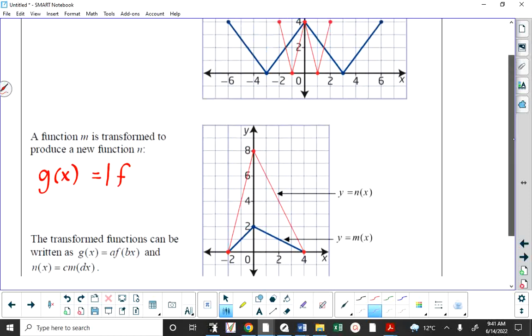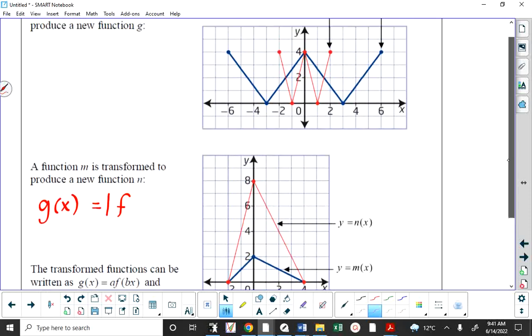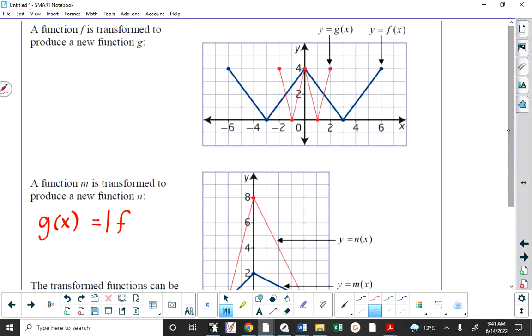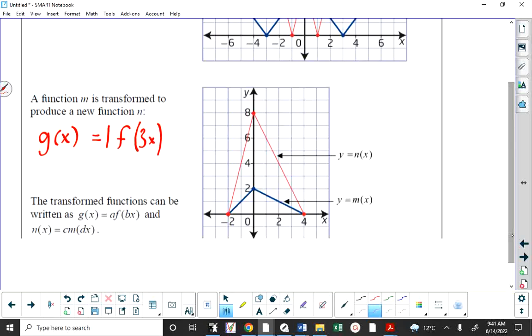When you take a look at the width of g of x, is it the same as the width of f of x? No. So how has f of x been stretched? By 1/3. It's only 1/3 as narrow. So if it's a horizontal stretch by a factor of 1/3, what is the value of b? Right. So this is 1f of 3x. And then we're going to do the same thing for going from